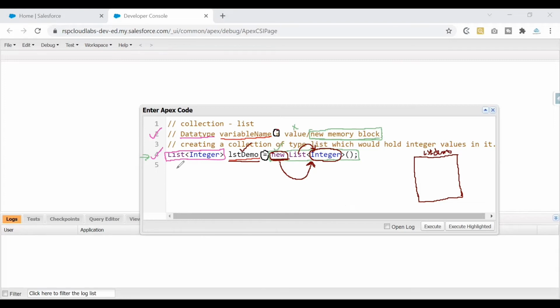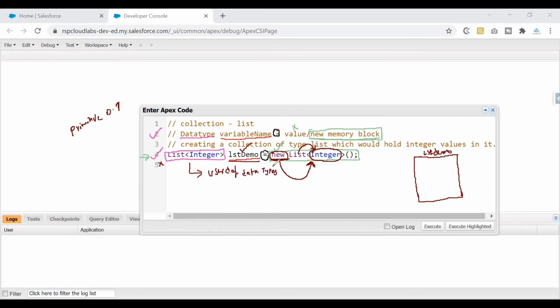Now, if you see this entire discussion, I was referring to this list of integers as a data type. If you remember the discussion that we had previously, which is nothing but primitive data types, the data type that we have mentioned here never came up. In the primitive data types, we have looked at integers, strings, long, date, everything, but this never came up. Again, I'm saying that it's a data type. Is it a primitive data type? The answer is no. So what kind of a data type is it? It is a user-defined data type.